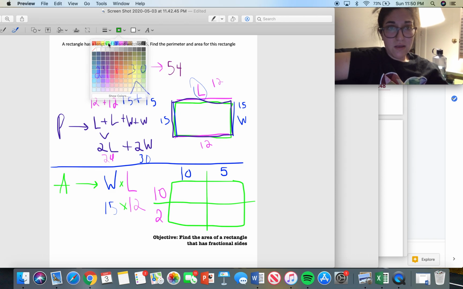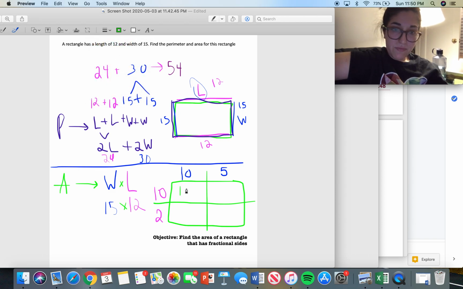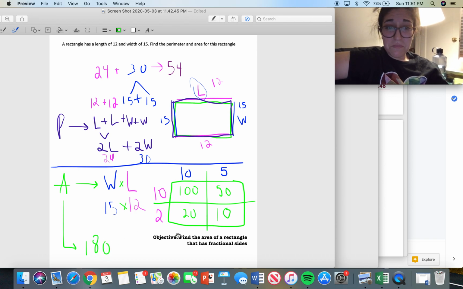So 10 times 10, that's 100. 10 times 5, 50. 10 times 2, 20. 2 times 5, 10. Add them all together. 100 plus 50 is 150. Plus 10 is 160. Plus another 20 is 180. And so my area would be 180. Now, the reason that I went back to this model is for what we're going to do next,